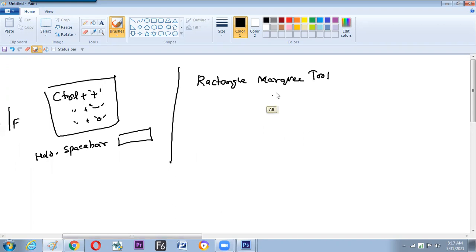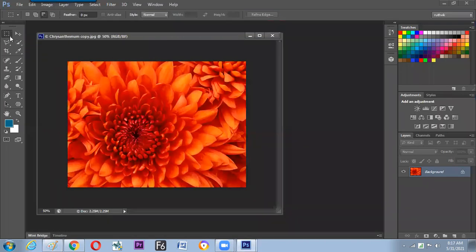We were given a task in the last session to find out the names of the tools by moving the cursor over them and getting the name. In the same way, we can get all the tools' names and their keyboard shortcuts. And wherever we find a triangle, we can find some more tools inside it. To get the hidden tools, we can place our cursor over there and click for a while, don't leave the cursor, and the hidden tool will pop up, then choose your tool. So hope we have understood now how to find the name of the tool, how to find the keyboard shortcut of the tool, and how to find the hidden tool inside it, and how to confirm a hidden tool to be in active mode.